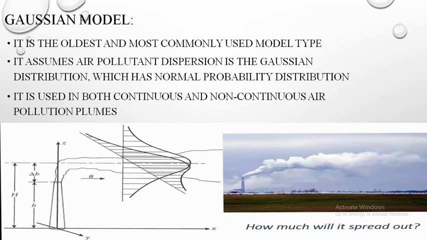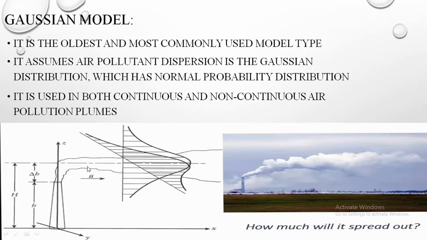What is material balance? Material in is equal to material out. There is no accumulation under steady state condition. In this model, a point source such as a factory smokestack is selected and the downwind concentration is calculated. What is the result? The result from this point source is calculated. You see this figure on the left side. This diagram is a plume rise diagram.